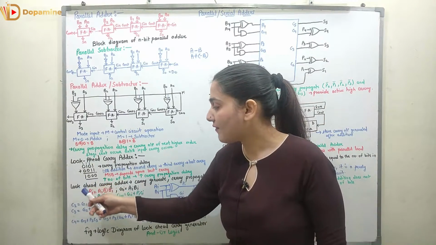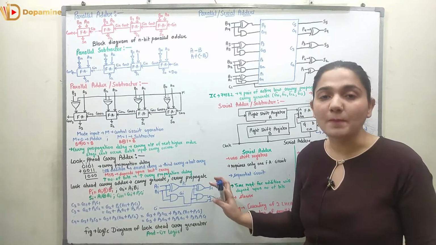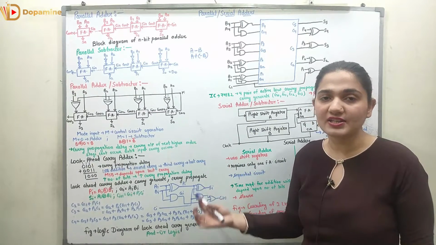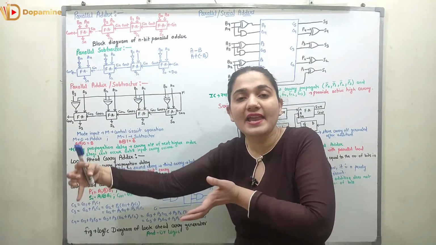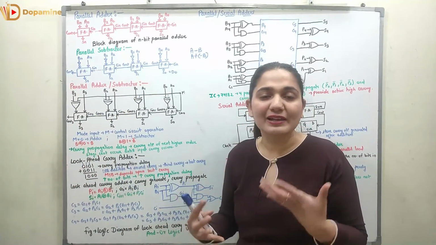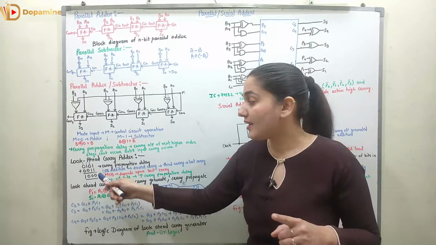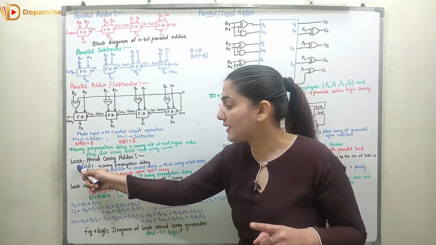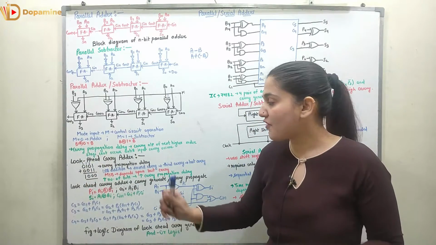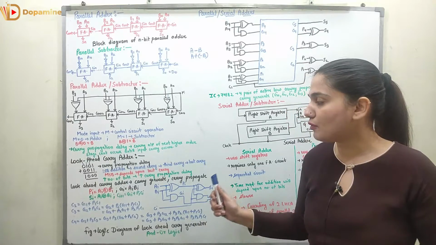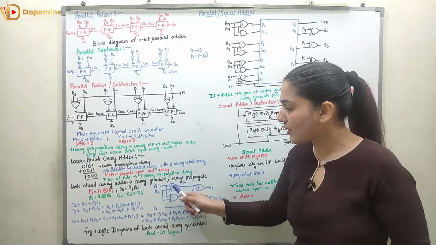So I have a look ahead carry adder which generates the carry as well as propagates the carry. With the help of carry generation and carry propagation, we can find out what is the next carry without even calculating the sum output of the first low significant digits, right? I have not added 1 plus 1, but I know here I will be having a carry at the last digit. So that function can be done easily with the help of look ahead carry. So this is the LACA, right, which is the look ahead carry adder.